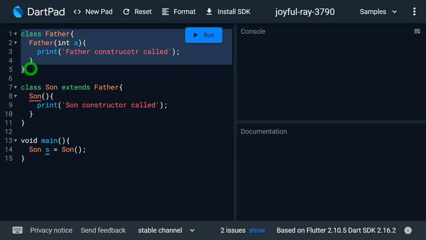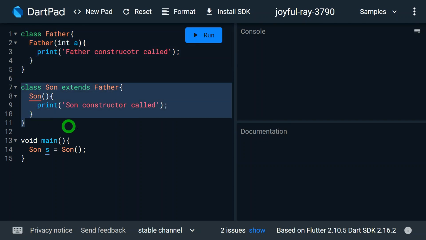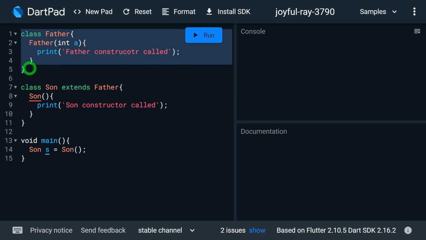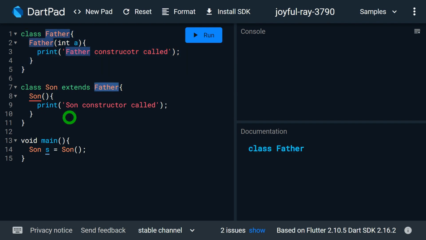The first one is the father class and another one is the son class. The father class is basically acting as the superclass, and as the son class is extending the father class, this particular son class acts as the child, or you can say it is the subclass of this father class. You can observe here, this father class has got the single parameter constructor, and inside the son class we have